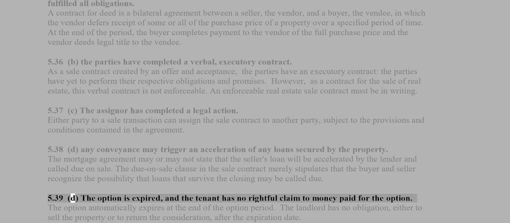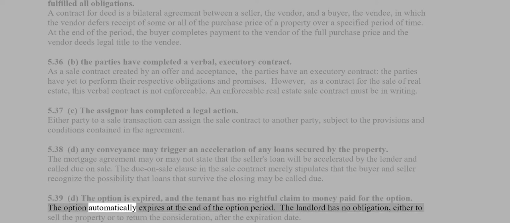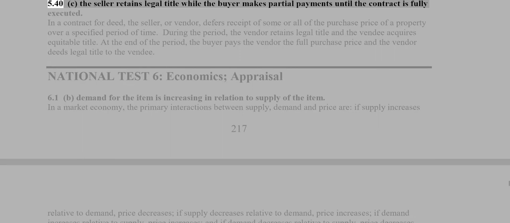5.39 D. The option is expired, and the tenant has no rightful claim to money paid for the option. The option automatically expires at the end of the option period. The landlord has no obligation, either to sell the property or to return the consideration, after the expiration date. 5.40 C. The seller retains legal title while the buyer makes partial payments until the contract is fully